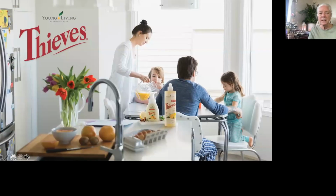Let's put it this way. I think there are some cleaners that, yes, they might clean the mould, but they don't actually kill the spores in the mould. So you really need to be aware of that as well. So earlier on, I think I might have been in Utah, I can't remember now, at one of the conventions, somebody stood up and talked about the research on mould that they did, where there was a building that was condemned because of the mould,